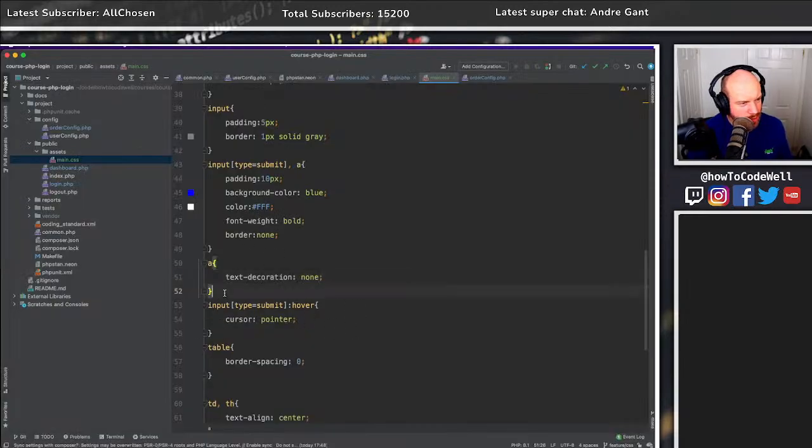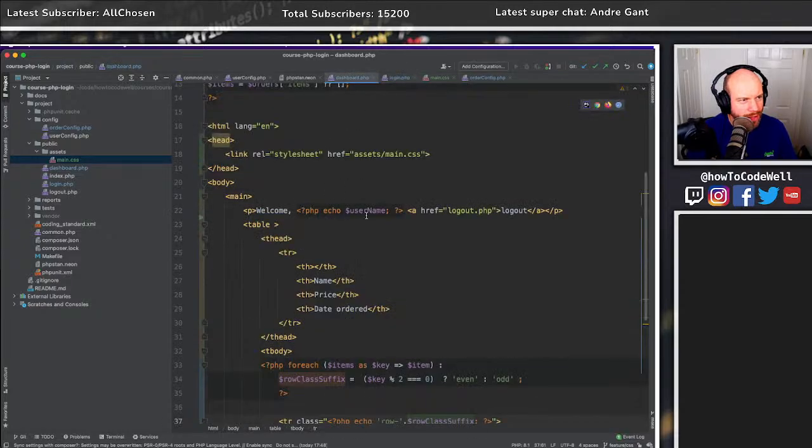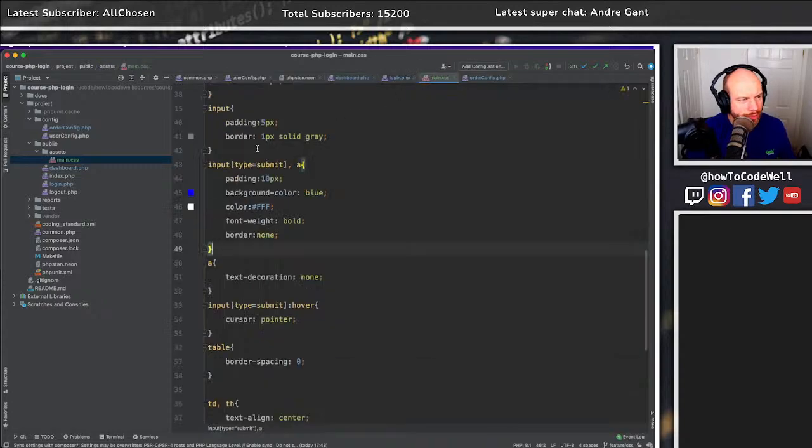I think I'm also going to give both the A. In fact, I don't like just having A as a thing. So let's do a class is equal to btn. So it's going to be a type of submit or a.btn and